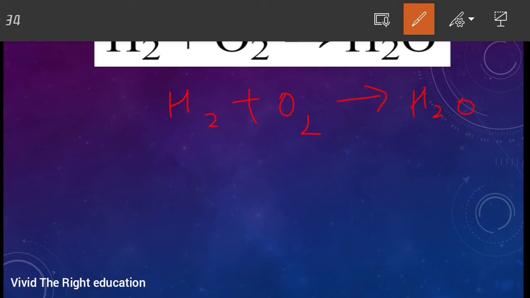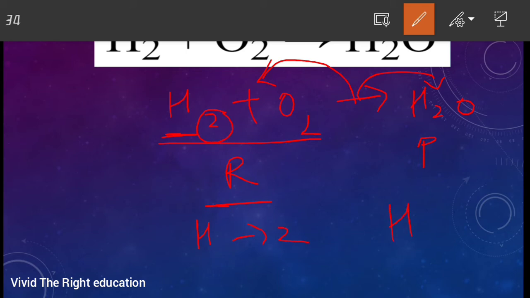Okay, so the first basic step before balancing the equation is, you're supposed to know this is the reactant side before the arrow mark, and after the arrow mark what we are getting, we call it the product. Now let us write each element on the reactant side. We have hydrogen. How many hydrogens do we have? We have 2 hydrogens. On the product side also we write the hydrogen. How many hydrogens do we have? We have 2 hydrogens. So it is equal.